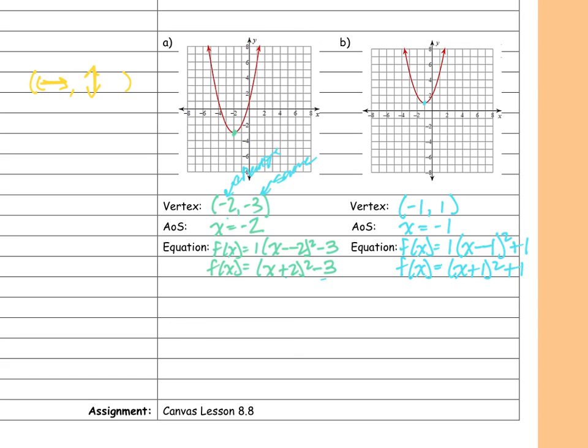Okay. Here my vertex was -1, 1. My equation was positive 1, positive 1. Change. Stay the same. So let's go ahead and